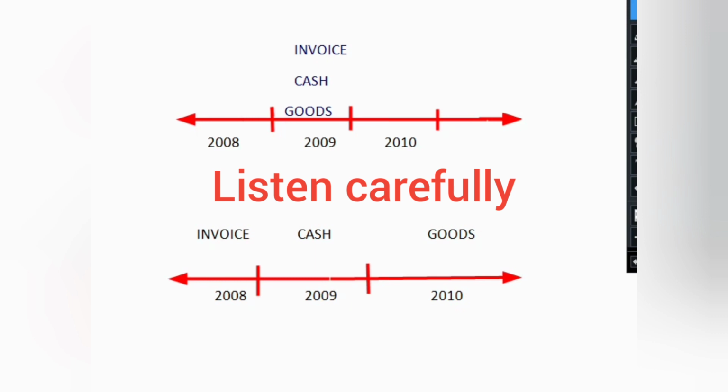So it means adjusting entries are made for accrued and deferred items, like outstanding expenses, prepaid expenses, unearned revenue, etc. This step is necessary for those organizations using the accrual basis of accounting. According to the accrual basis of accounting, expenses are recognized when they are incurred, and revenue is recognized when it is earned.